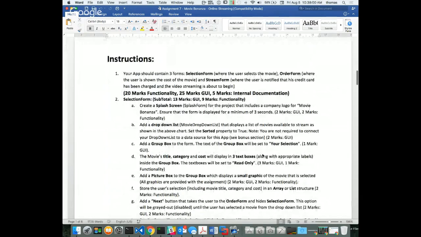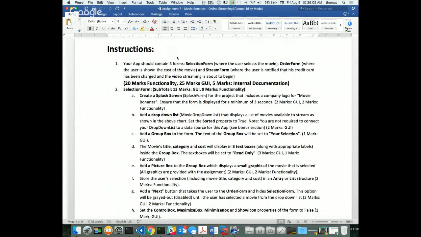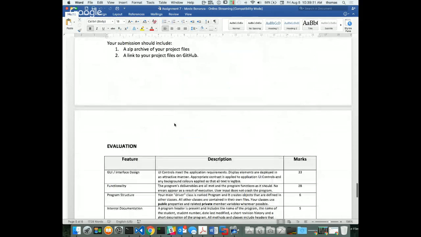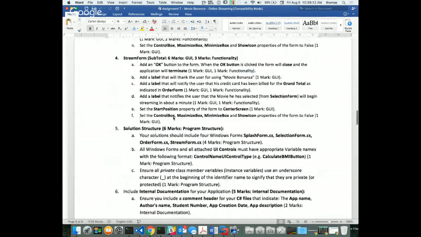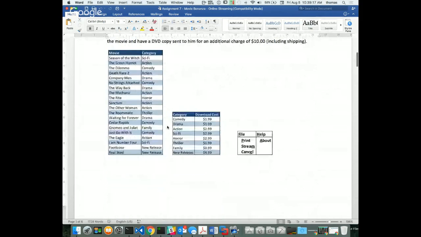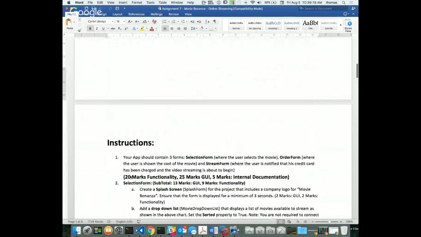What I have is these 3 forms. Is that right? 20 marks functionality. It's not right. See, I always find new things that are wrong with my things. 33 and 28. Might as well copy that right there while I update everything. 33 and 28. Sorry about that. I always try and calculate everything properly, but you know how it is. So 33 and 28, 5 marks for internal documentation, and there's 6 marks